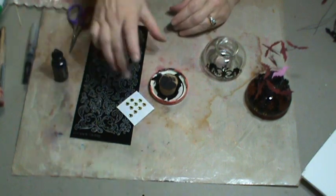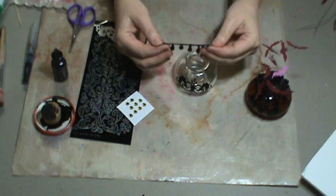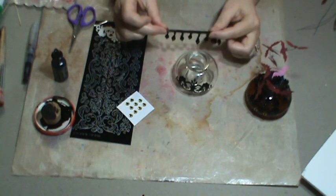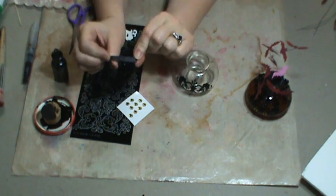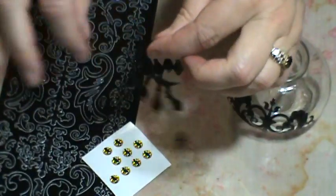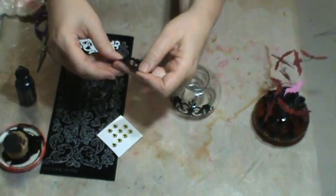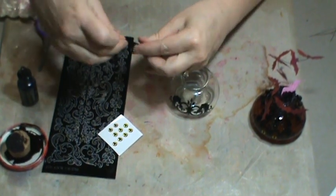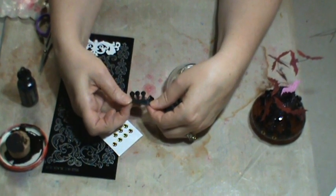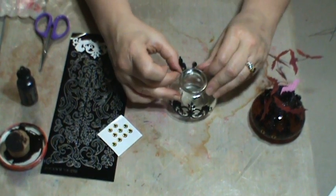And then the next thing I did was I used some beading around the bottle, and this is the beading that I used, and I wanted it to be thicker, in other words more beads per inch. So I basically doubled it, and you can see here where I've folded this one end over and I've doubled it to make it thicker. This is just the leftover bead. When you buy it from Alpha Stamps you get a long string, and I've just used a bunch of it. So you just want to double your beaded ribbon first, so that you've got twice as many if you want it thicker, and glue that first and get that to dry,